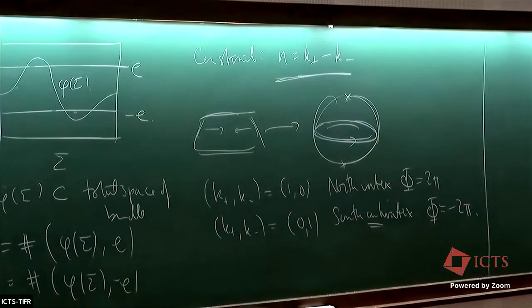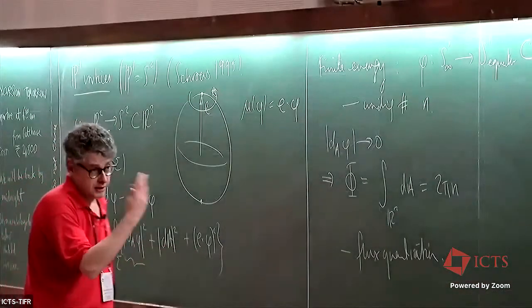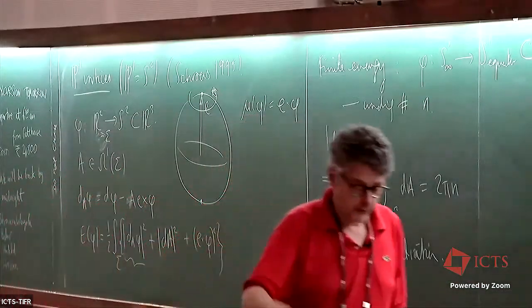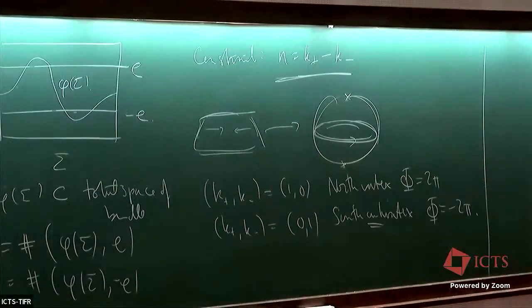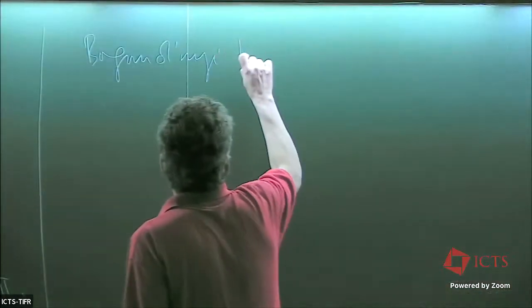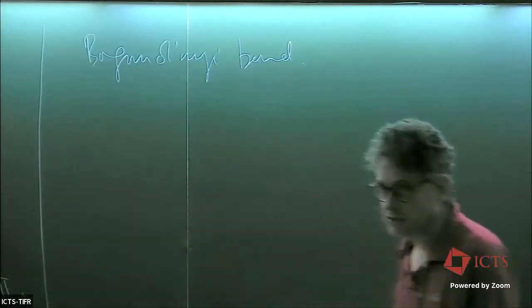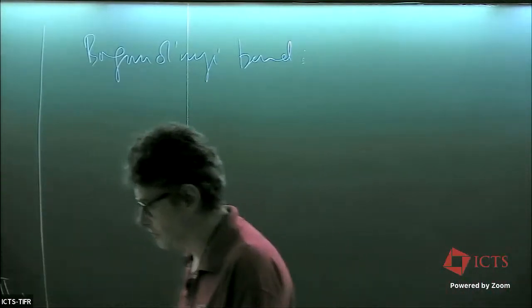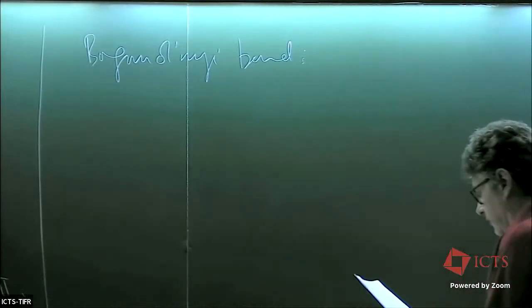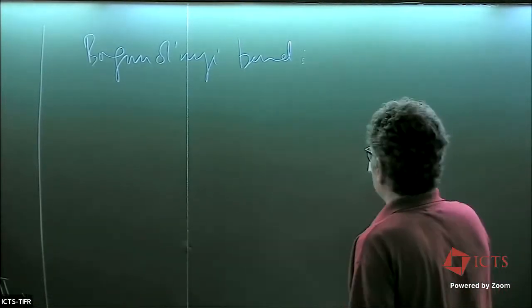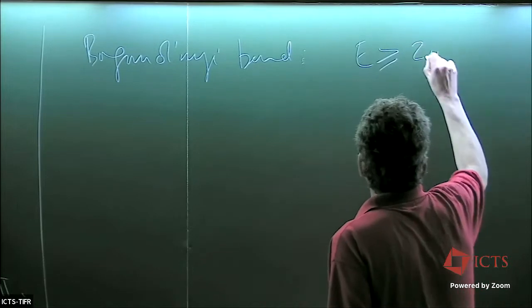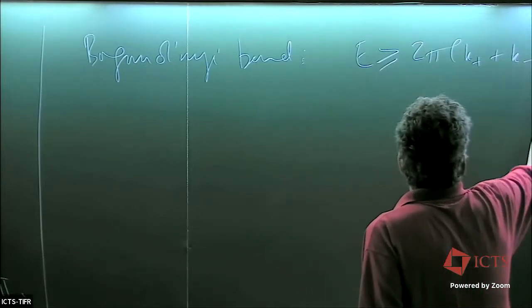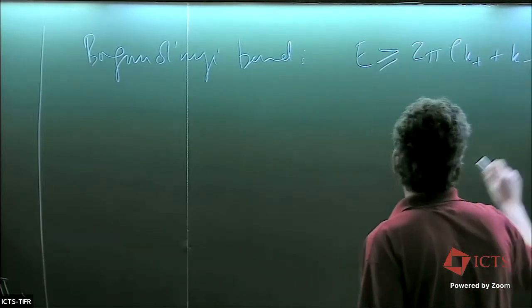We chose this potential here in the hope that we were going to get a generalization of the Bogomolny story. Well, we do indeed. There is indeed a Bogomolny bound. So in the grand tradition of Bogomolny bounds, this doesn't have anything to do with Bogomolny. It was discovered first by Bernd, but it's a special case of something much more general that's already been explained in other courses. So it turns out that the energy is bounded below by 2 pi times k plus k minus, with equality